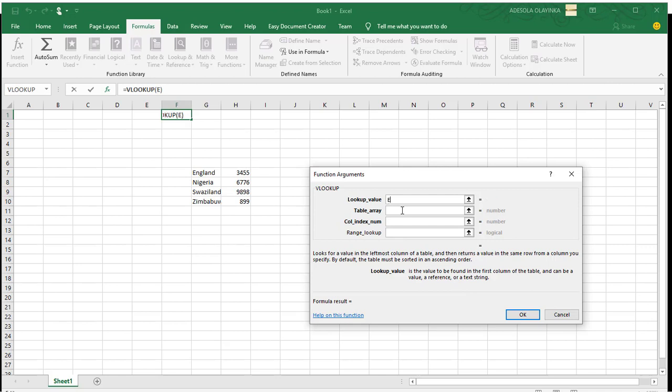I'm looking for England, in what table array? I'm looking from the price array. And which column? Column 2. Here I choose true because I want it to tell me even if it is near to it, and I click OK.